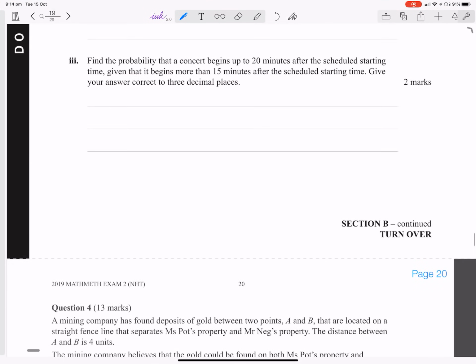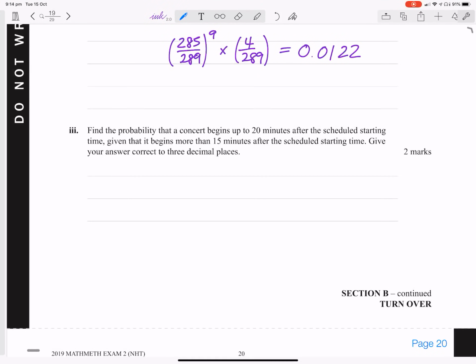Yep. Okay, find the probability that a concert begins up to 20 minutes after the scheduled starting time, given that it begins more than 15 minutes. Begins up to 20 minutes after the scheduled starting time. That a concert begins up to 20 minutes, given that it begins more than 15 minutes. Okay. I thought it said given that it begins 15 minutes after. Okay. So we want the probability